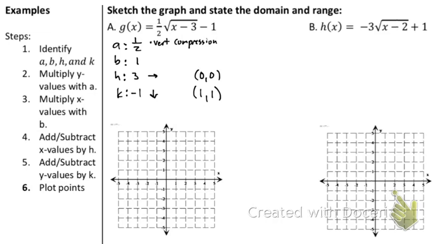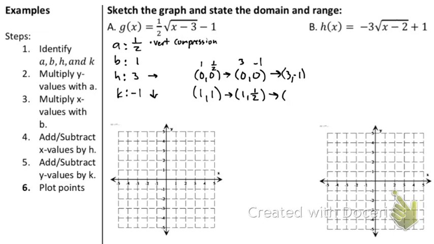So my b value is 1, my a value is 1/2, and we multiply accordingly. So this still is going to give me 0, 0, and this will turn into 1, 1/2. Now we go ahead and do my h and k and add and subtract those. So my h is 3, my k is -1, and we get our final point. So we're going to have 3, -1,